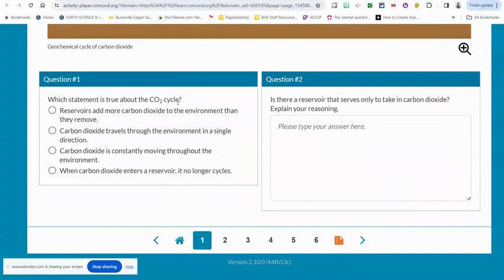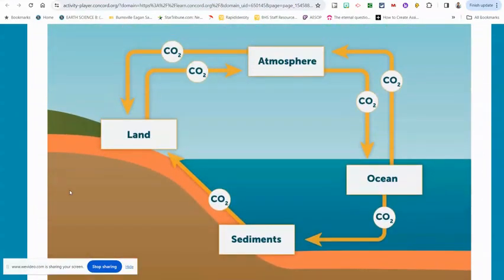Question one is, which statement is true about the carbon dioxide cycle? Reservoirs add more carbon dioxide to the environment than they remove. Carbon dioxide travels through the environment in a single direction. Carbon dioxide is constantly moving throughout the environment, and when carbon dioxide enters a reservoir, it no longer cycles. Of those, hopefully you notice that the best answer here is the third one. Carbon dioxide is constantly moving